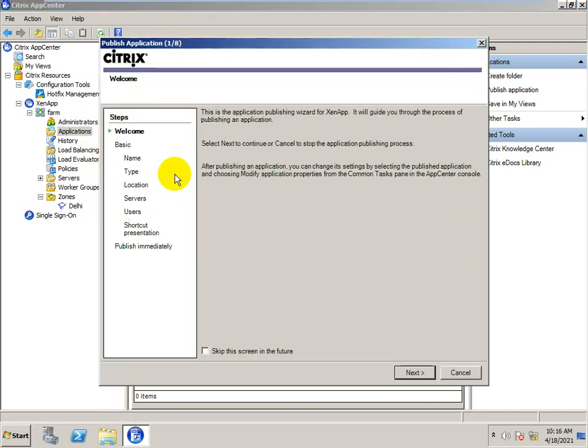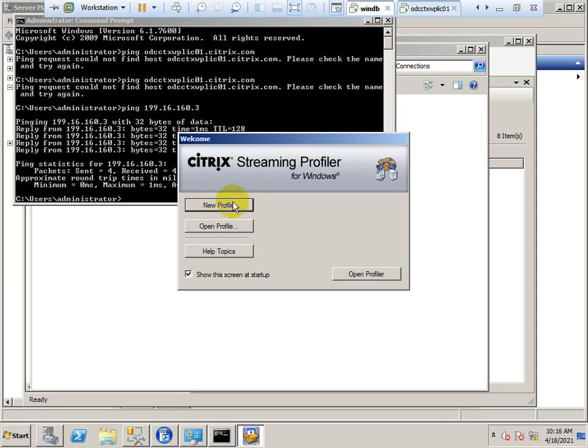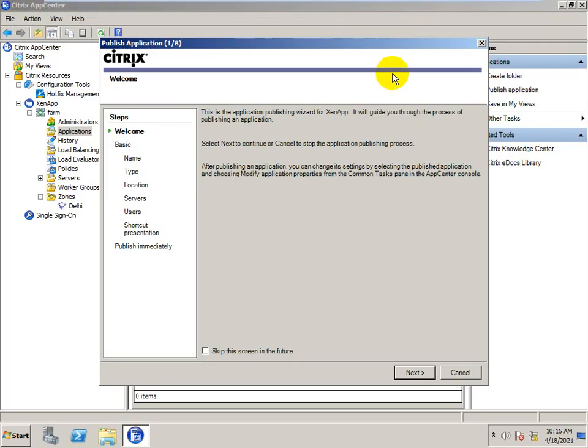For stream to server or stream to client, we need a streamed profile of the application, and to get it, we need to create it through the Citrix streaming profiler. Till here, is everything clear?